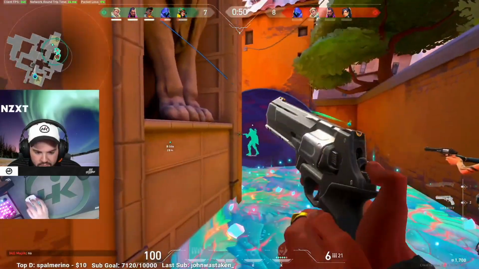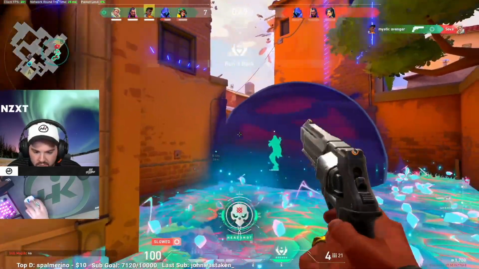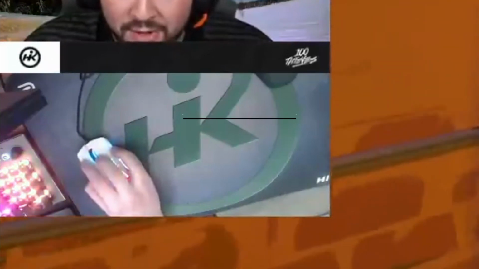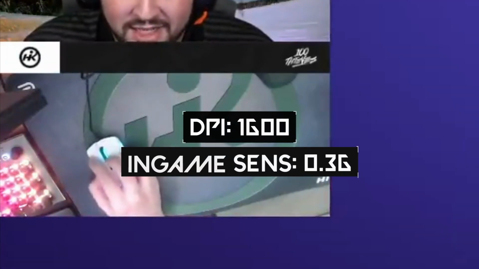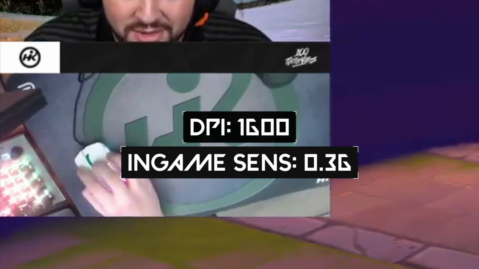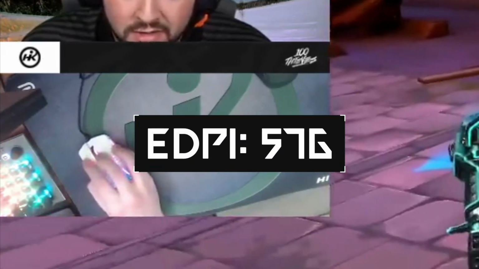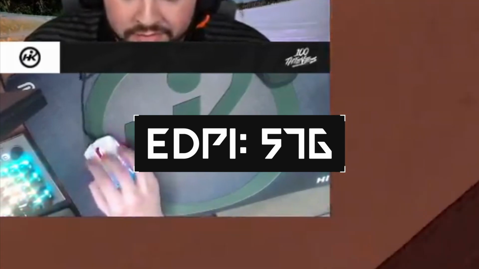The most popular pro player who uses wrist aiming is Hiko from Pro Team 100 Thieves. As of the making of this video, he uses a DPI of 1600 and a sensitivity of 0.36. If we calculate the EDPI out of that, we get a value of 576, which is well above the value that we set for people to be in the high sensitivity category. We're going to talk about the pros and cons in just a moment with wrist aiming as well as arm